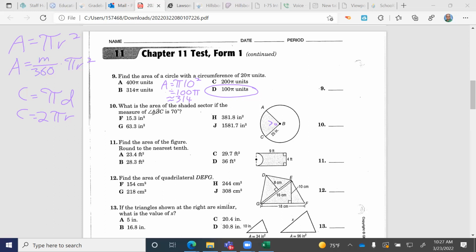So plug it into our formula, 70 over 360 times pi times 25 squared. Just plugging the whole thing into the calculator. So again, 70 divided by 360 times pi times 25 squared is